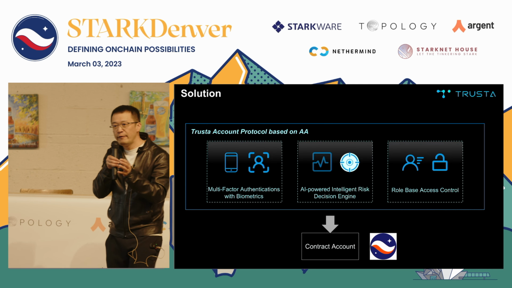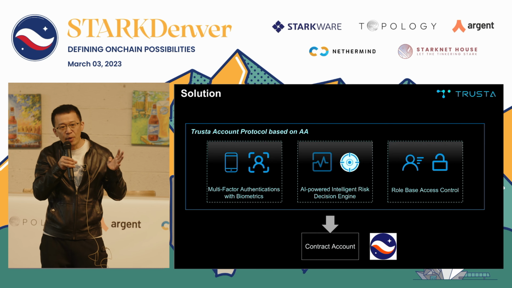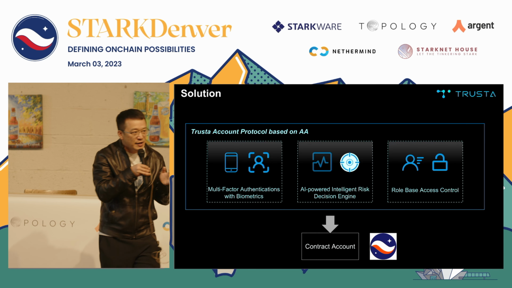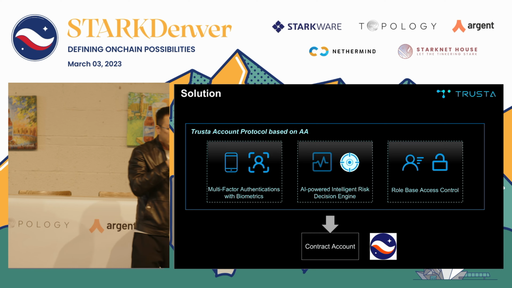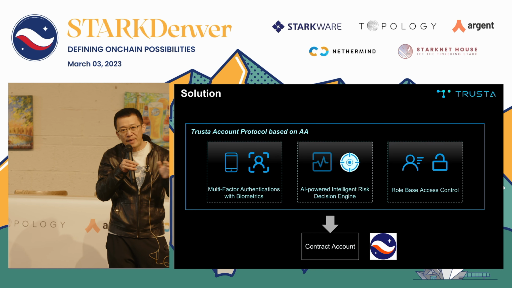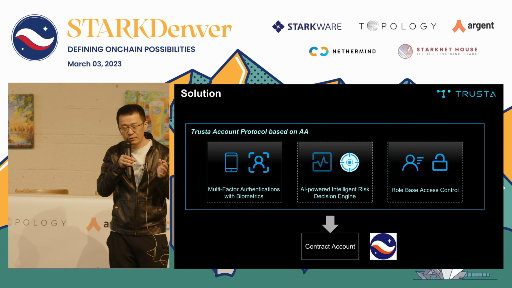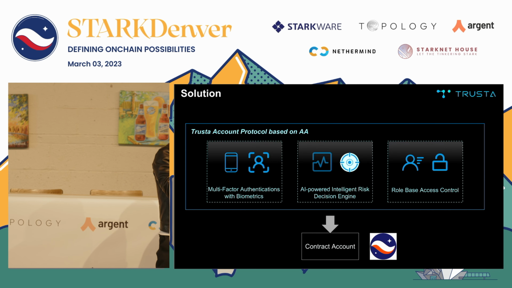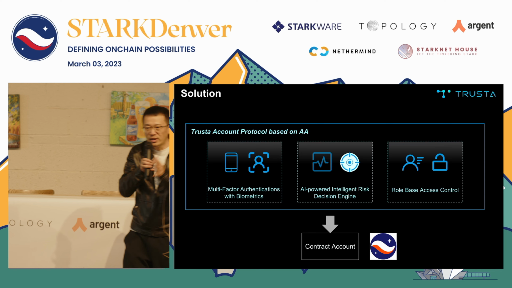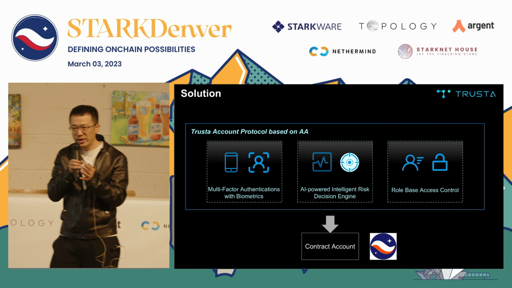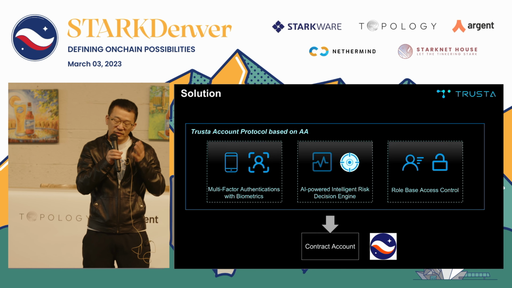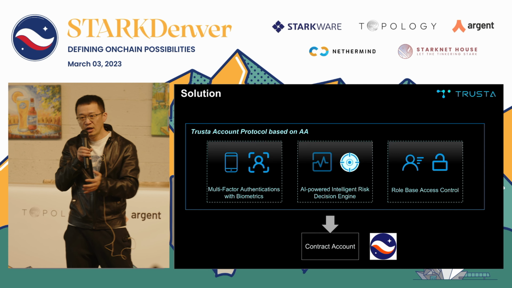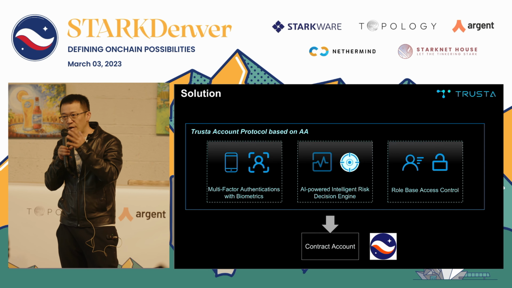So in summary, we will implement 3 core components. One is the multi-factor authenticator. That's with not only the mobile but also biometrics authentication, which will give users a better experience. And also, the most important is our AI-powered risk engine that will compute and evaluate the probability of the fraud